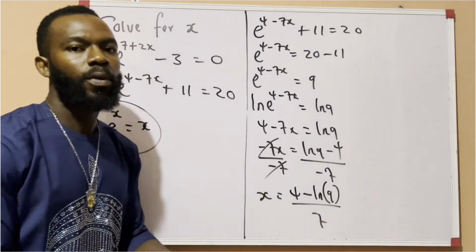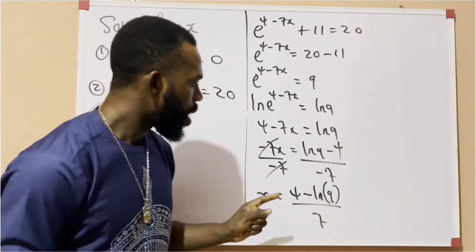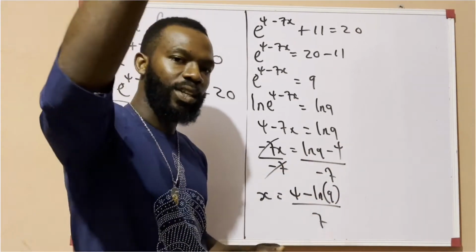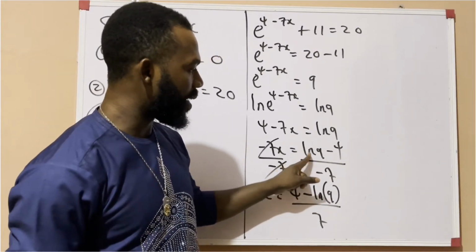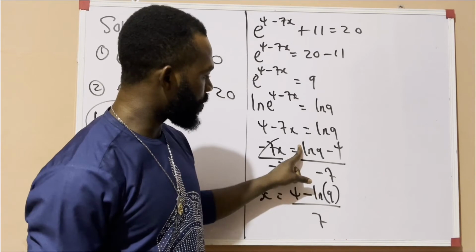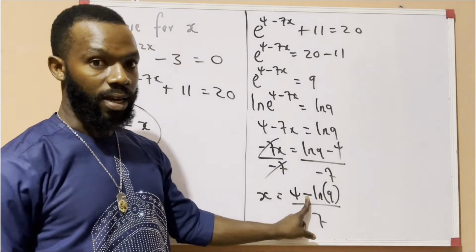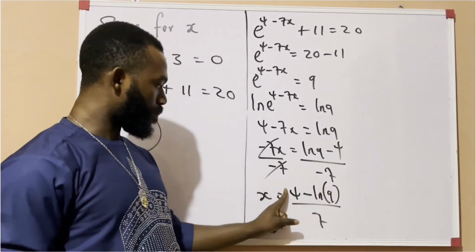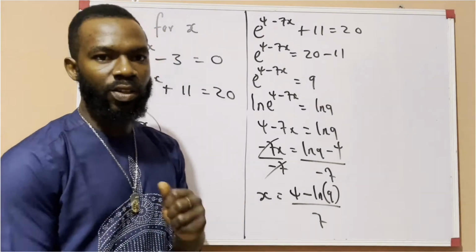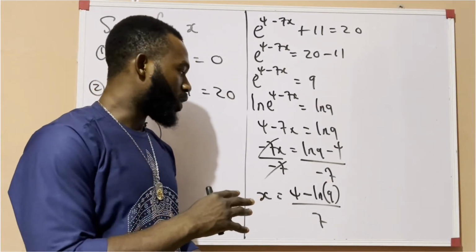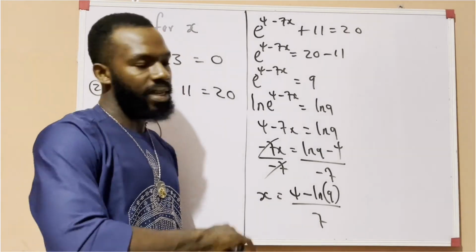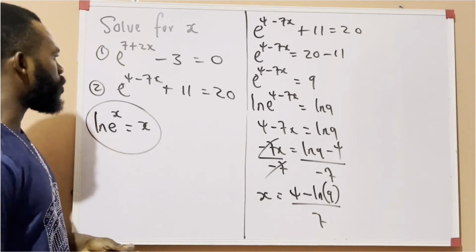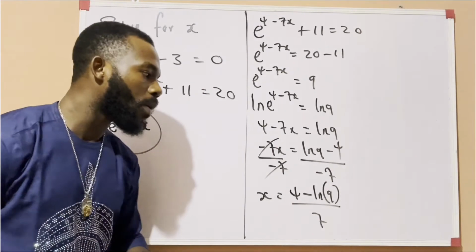Now, most of you might be wondering how I got this. This is what I did. I use the negative sign in the denominator to divide each of the signs at the numerator. Now the sign that ln 9 carries is a positive sign. So a positive sign divided by a negative sign gives us a negative sign here, okay? And a negative 4 divided by a negative sign gives us a positive 4 that we have here. So what I just did is that I brought the positive 4 to begin the answer, and then I brought the negative sign inside the solution. So this gives us the answer for question number 2, which is x is equal to 4 minus ln 9